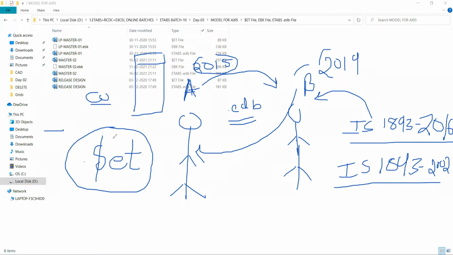But with this file तो ठीक है, मॉडल फाइल अगर आप डायरेक्टली सेंड करेंगे वो तो ओपन नहीं होगा। फर्स्ट थिंग, सबसे पहले तो वो ओपन ही नहीं होगा, ठीक है। ये all the secondary things, आपका सेटिंग चेंज हो रहा है, your coding and loading is going to be changed between the two versions, that all are the secondary things. Primary will be what? Your model is not going to be open if you are going to share the EDB file, model file. आपको सेंड क्या करना पड़ेगा? $ET फाइल। बट आपको $ET फाइल जब आप सेंड करते हो लोअर टू हायर या हायर टू लोअर,